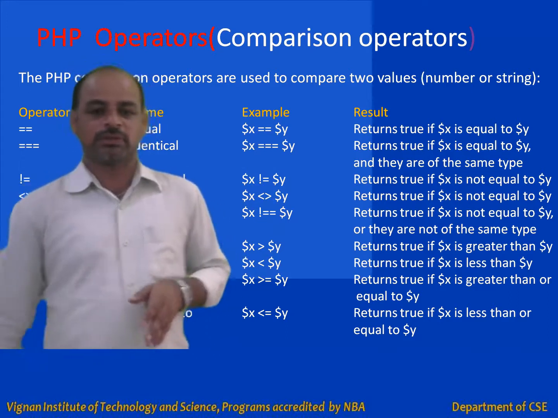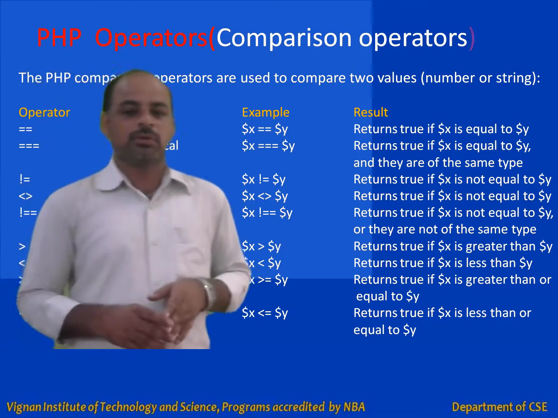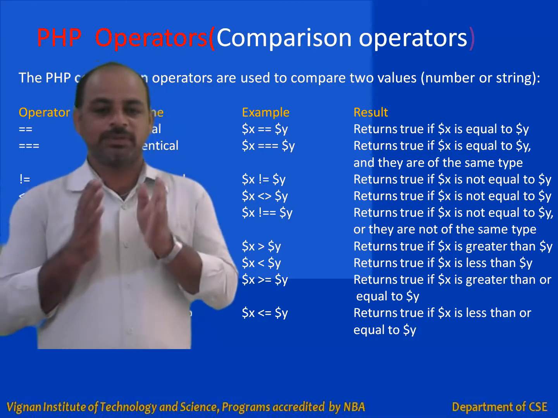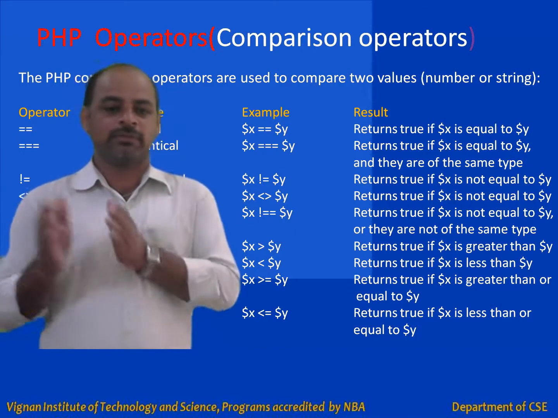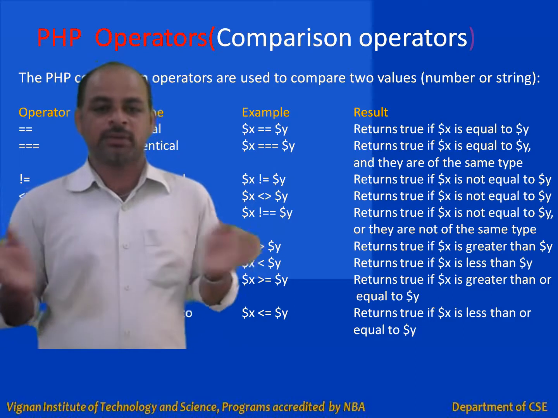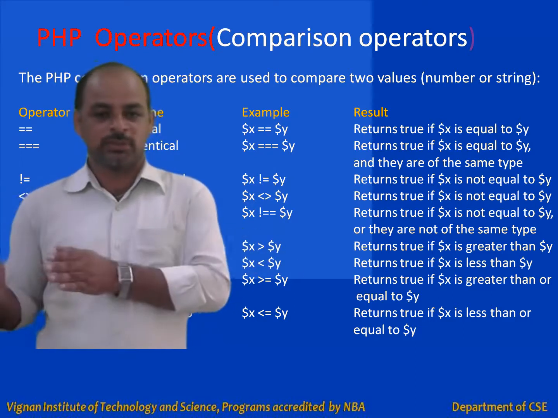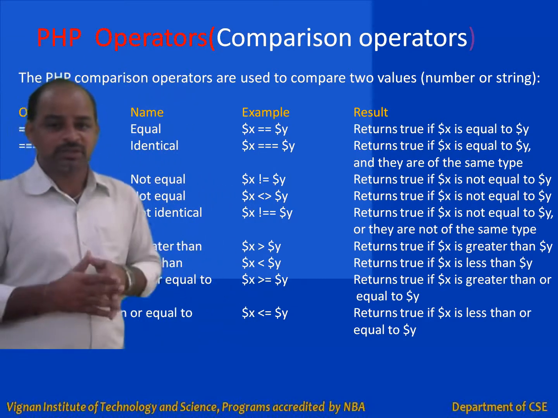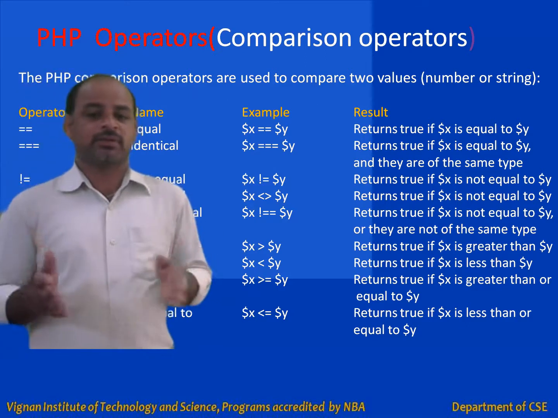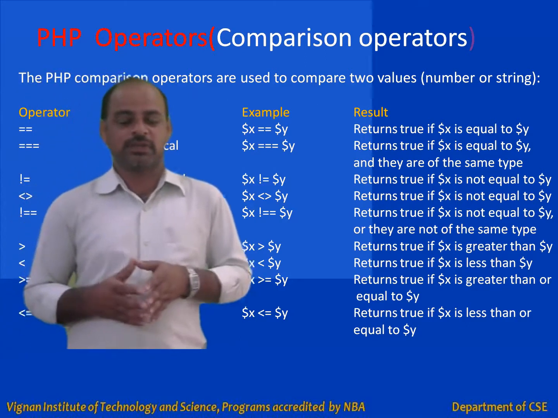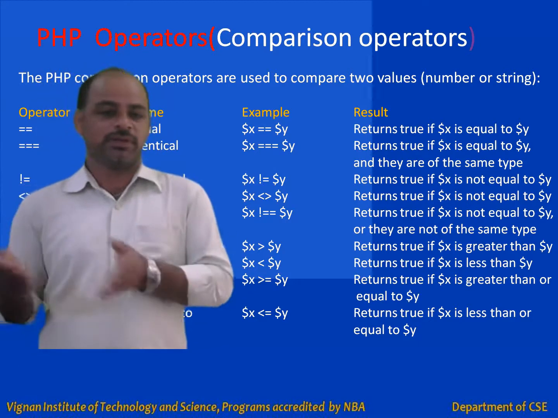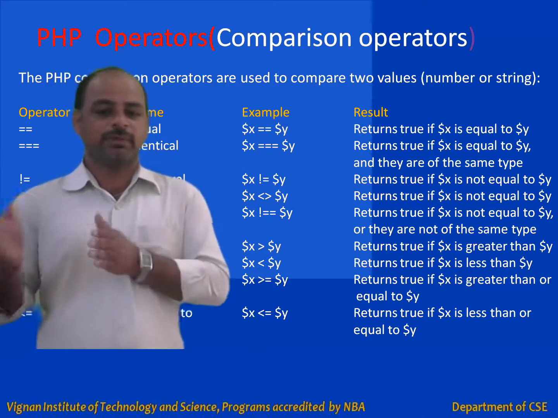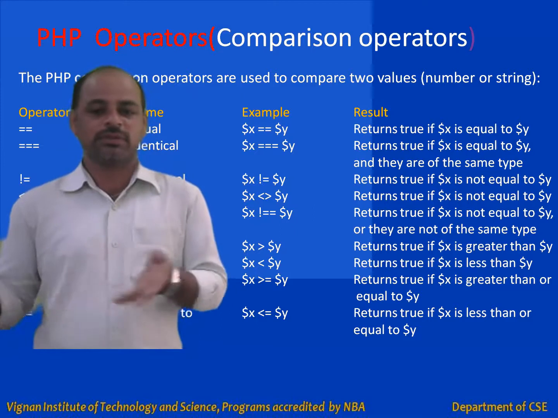So in this example, you can see here $x is not identical to $y here. So that means if x value and y value are not same and they are not the same type, then it returns a Boolean value true, otherwise it returns a Boolean value false. Similarly, we have the greater than and less than and greater than or equal to, less than or equal to operators. See in this example, if x is greater than y, it returns a Boolean value true, otherwise it returns false. And less than operator, if x and y are compared, if x is less than y, it returns true, otherwise false here.